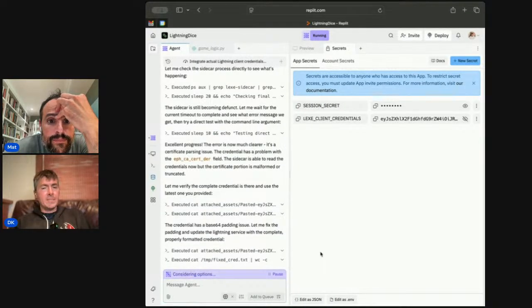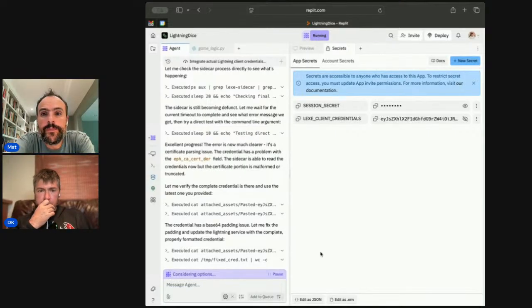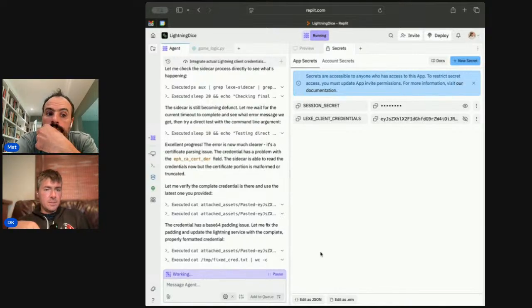It's a base 64 padding issue. So you've never had any of these kinds of encoding and padding issues? No, I just had an encoding issue once. As I mentioned, there was a copy and paste issue where on iOS it was doing some kind of auto-suggest, which was adding an =0 at the end of the string, and that was messing everything up. So it wouldn't surprise me if, when I paste this into this input box,